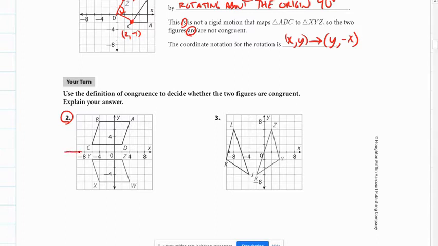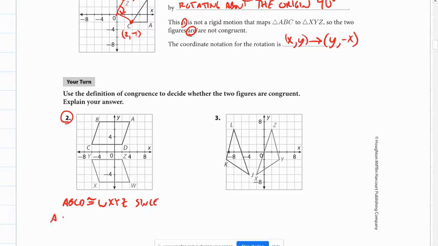Okay, number 2, you can reflect across the x-axis, and these points will match up perfectly, just by folding your paper on the x-axis. And so we can say figure ABCD is congruent to, let's see, A matches up with W, B matches up with X, C matches up with Y, and D matches up with Z,